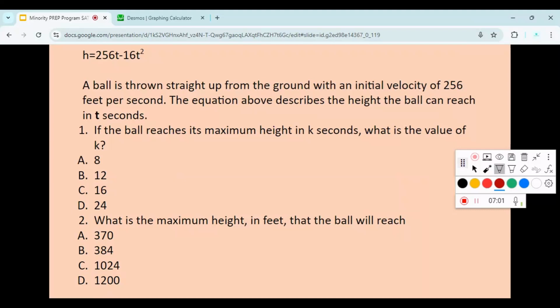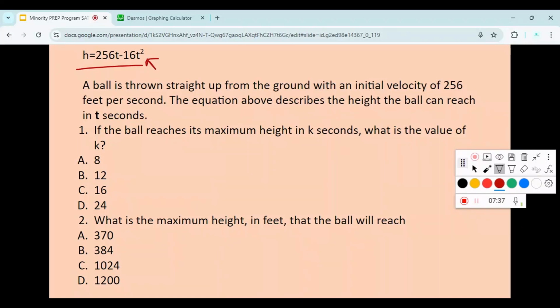Now, whenever I see a quadratic function, and it's asking me what is the maximum or minimum, you should automatically think it's asking me something about the vertex. A vertex of a quadratic function is usually the maximum or minimum point. So in this case, the vertex of the function indicates both the maximum height and the seconds it takes to get the maximum height. So what we're going to do here is graph this onto Desmos,